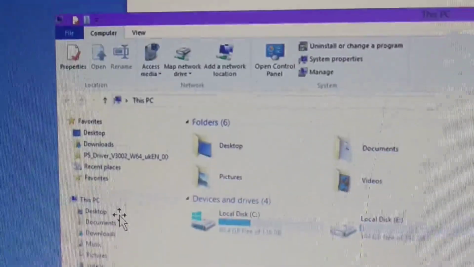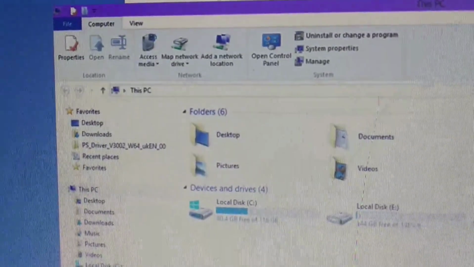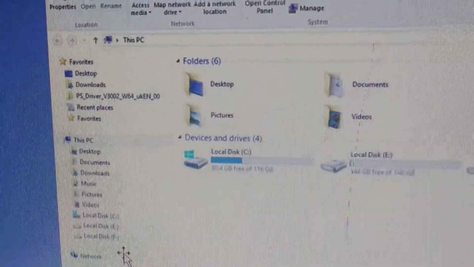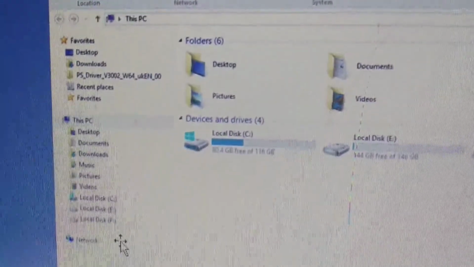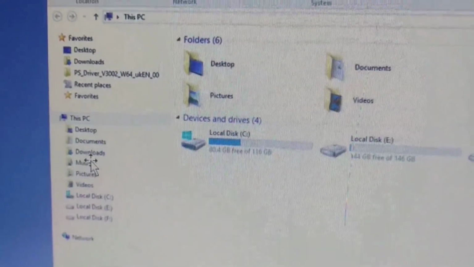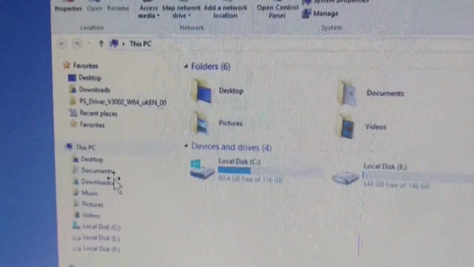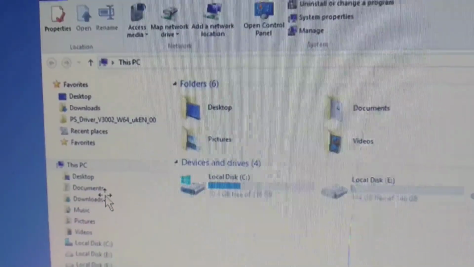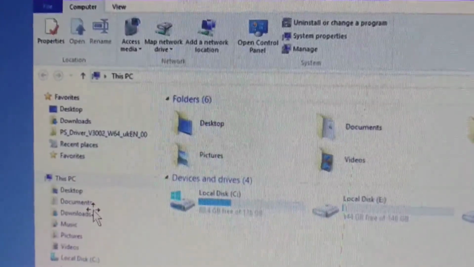And then there is This PC, which contains these folders, and there you see local disks C, E, F, and you see videos, pictures, music, downloads, documents and desktop, etcetera. After that,